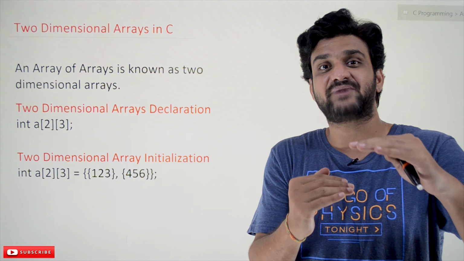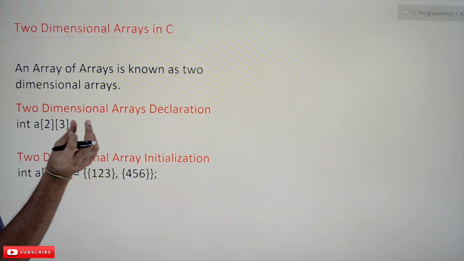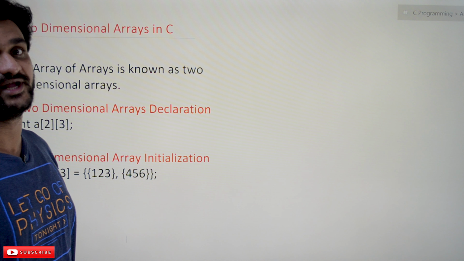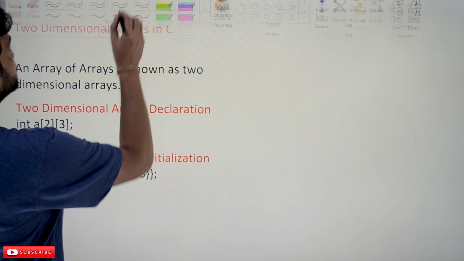Now jumping to the concept of two-dimensional array declaration. How can a two-dimensional array be declared? It is the same as an array, the difference is that here we use two enclosed square brackets. One represents the row of an array and the other represents the column. What does that mean? To understand a two-dimensional array, we will use the concept of a table or a matrix.